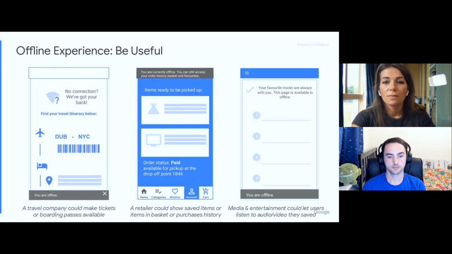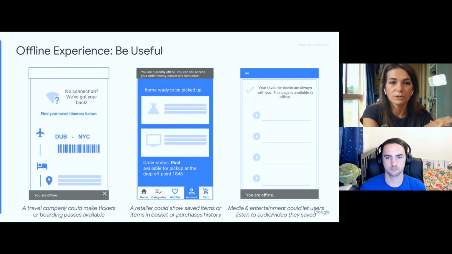And then about being useful, it's important also to show the user some relevant, important information from their personal account. For example, if you're a travel company, you can show some key details on the itinerary, some boarding passes, I don't know, booking details.